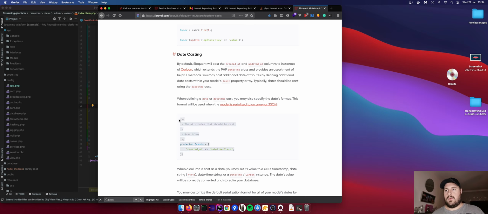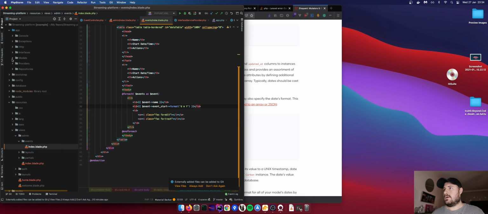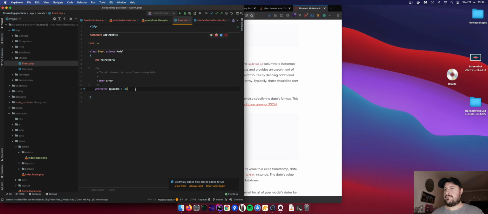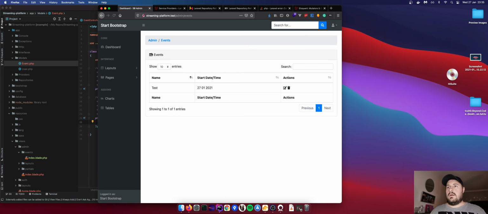So we can quite easily, if we go into our model, our event, again, copy the doc block. We do our event underscore start. We don't really need a, I mean, we could format it, but I like to use the format. I don't really like to prefix it like that, but again, it's preference. So if we come back now, and there we go, our format is now working. So see the processing we go through for